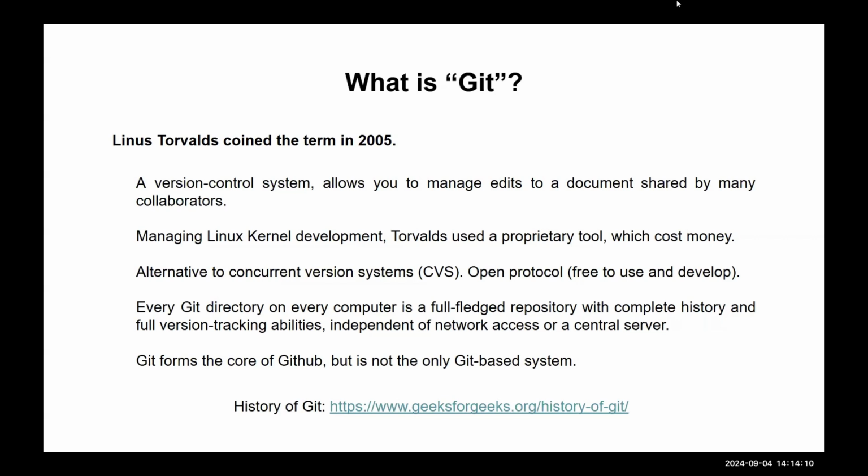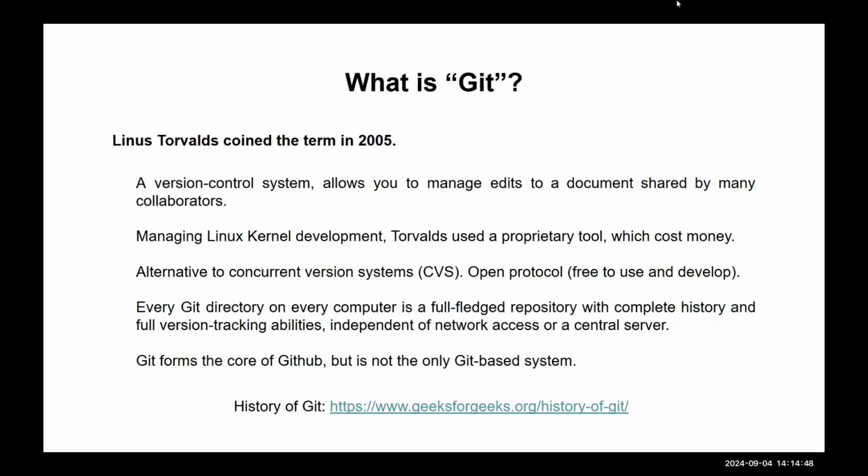Now, he used a proprietary tool for it. There were tools back then that did this, but it cost a lot of money. It was a proprietary tool you had to pay for. We haven't talked about this yet, but in projects, a lot of times your limiting factor is having these proprietary tools that you have to pay for. Like something like Slack, you can have the free version, but it's really limiting in terms of how many messages you can have open. So if you want to manage your team, if you really want to have an archive of messages, you have to pay. And it's pretty expensive, it turns out.